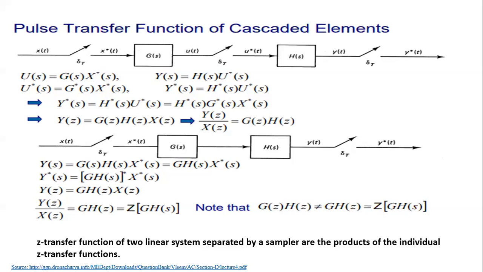But as of now, the reason I'm showing you these slides is I want you to understand the various possible configurations. You have two systems which can be cascaded. You can either put up a sampler in between, so you are cascading the elements using a sampler, or you are cascading the elements without the sampler. In both the cases, the final transfer function that you get is going to be different, and we will need the properties of the star function before we see this.